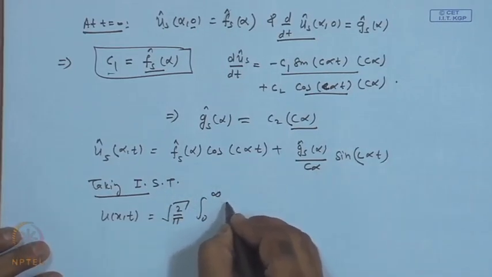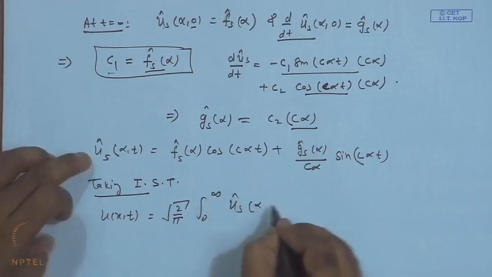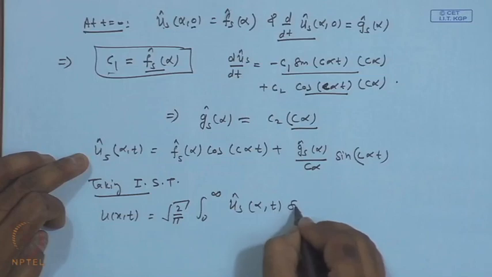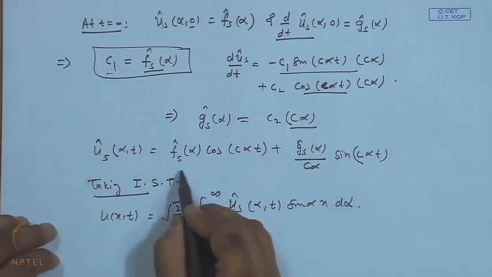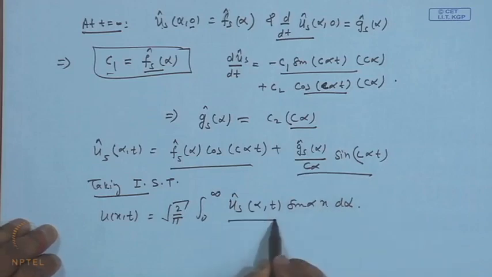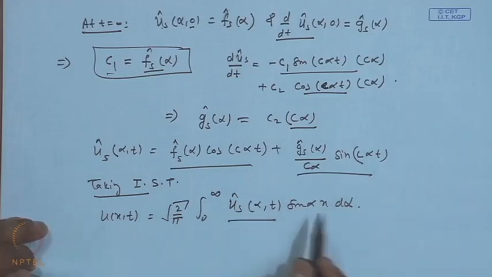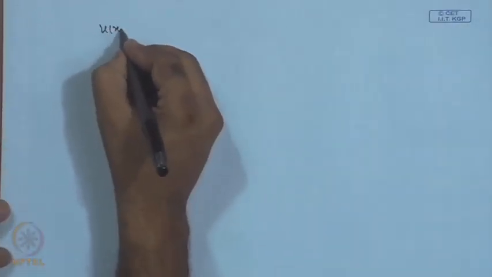So, we have u_s hat(alpha, t) and sin(alpha x) d alpha. So, this is our u_s(alpha, t) multiplied by sin(alpha x). So, we write this now. So, we have u(x, t)